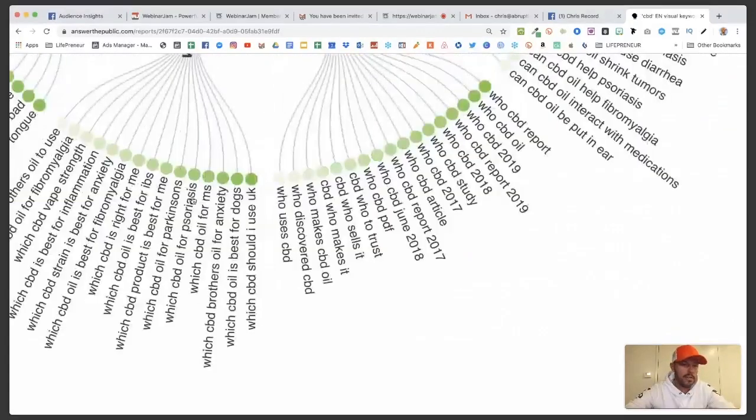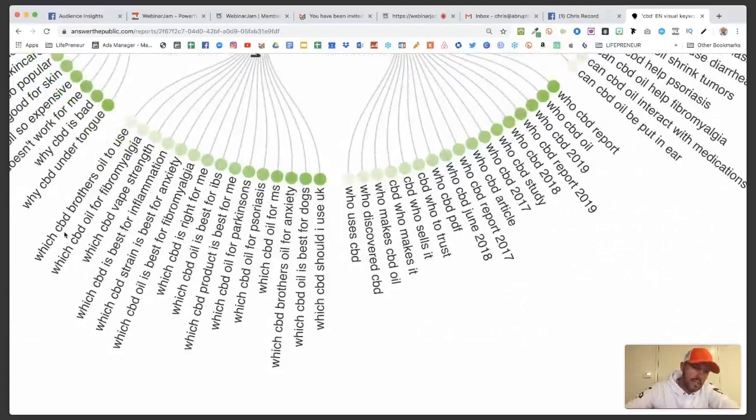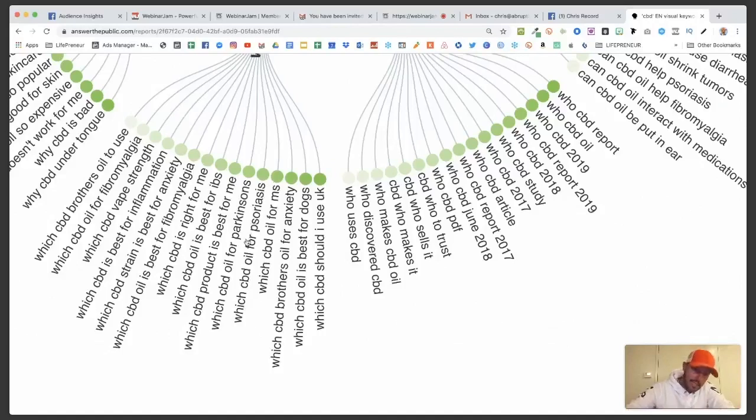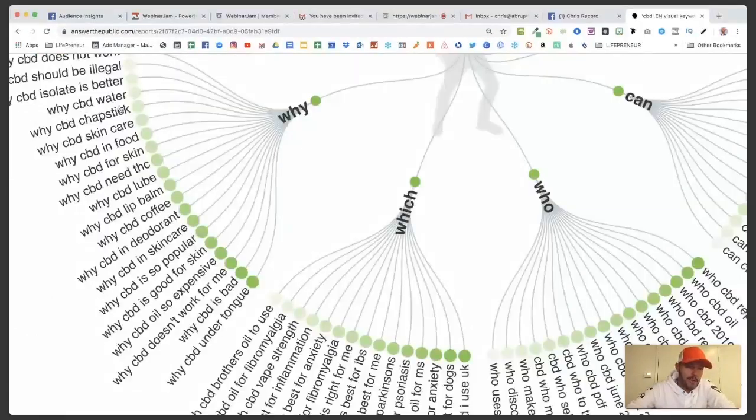Let's zoom in. Okay, so you got which CBD brothers oils to use, which CBD oil for fibromyalgia, which CBD vape strength, which CBD is best for inflammation, which CBD strain is best for anxiety. So it starts to give you an idea. Psoriasis, Parkinson's, and then you can kind of go over here and you can see why CBD chapstick, why CBD